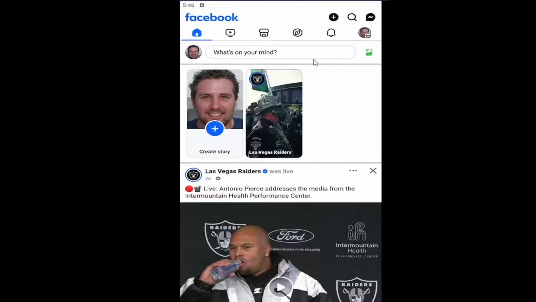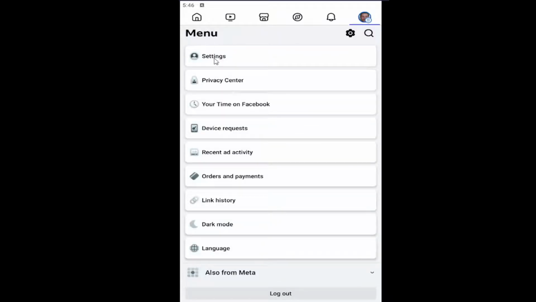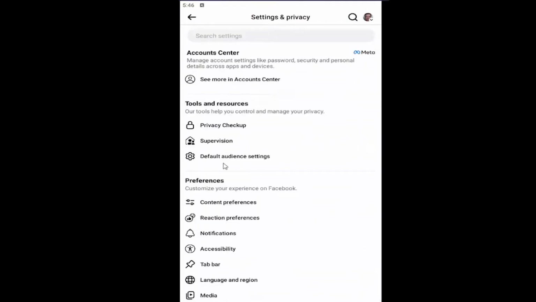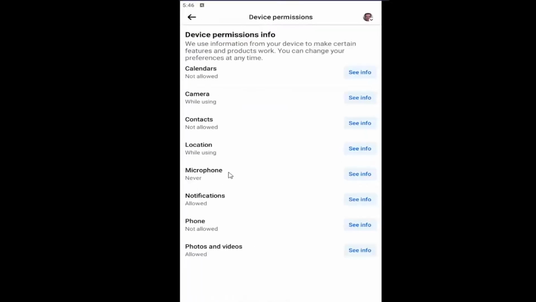So all you have to do is open up the Facebook app and select your profile icon at the top right. And you want to go down and select Settings and Privacy. Underneath Menu, select Settings, and then scroll down underneath your activity, and you want to select where it says Device Permissions. So if you want to give Facebook access to your device's calendar, you can select the See Info button,